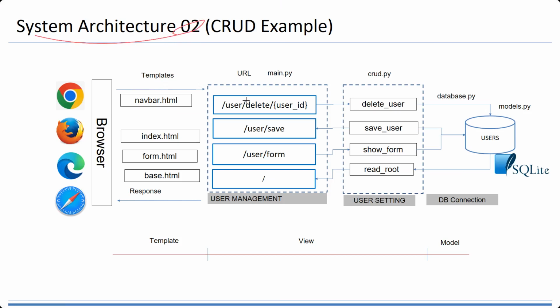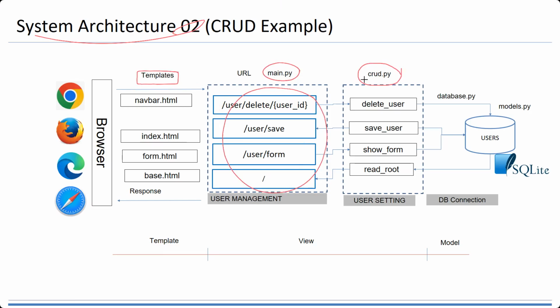For example, we are going to use the same template, but the main.py will be only the link. So we are just giving the link, and all the details about the setting and so on